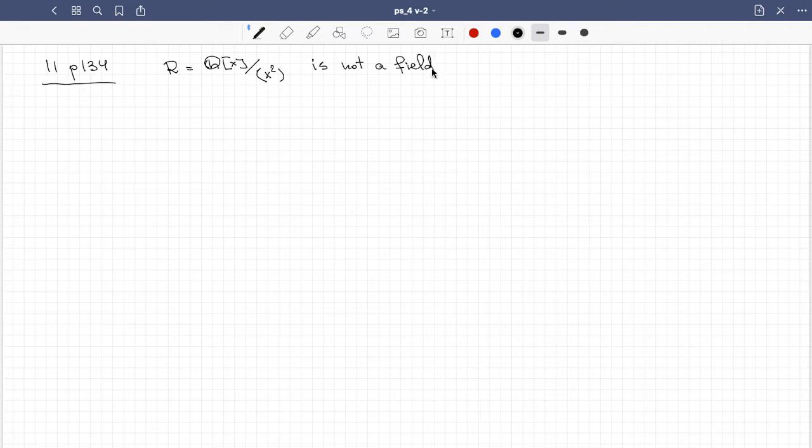That is actually what theorem 5.10 tells us immediately. It is not a field because